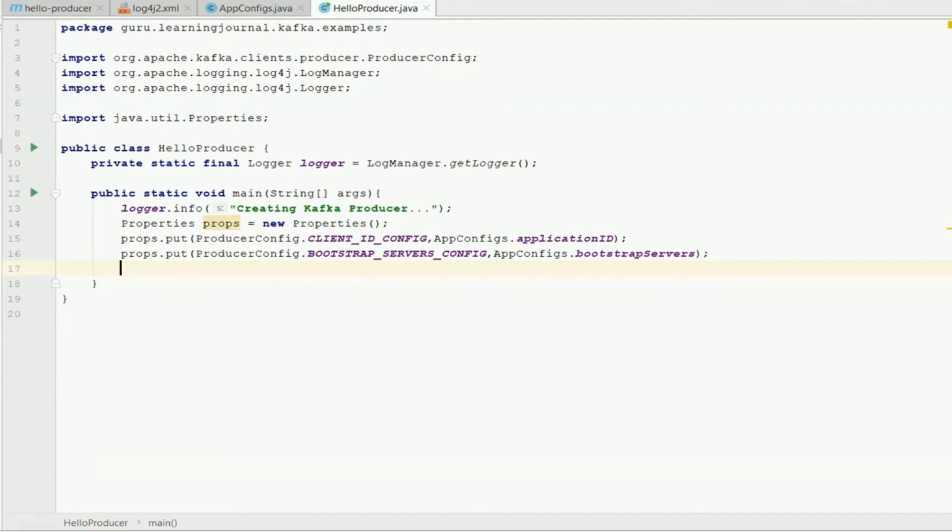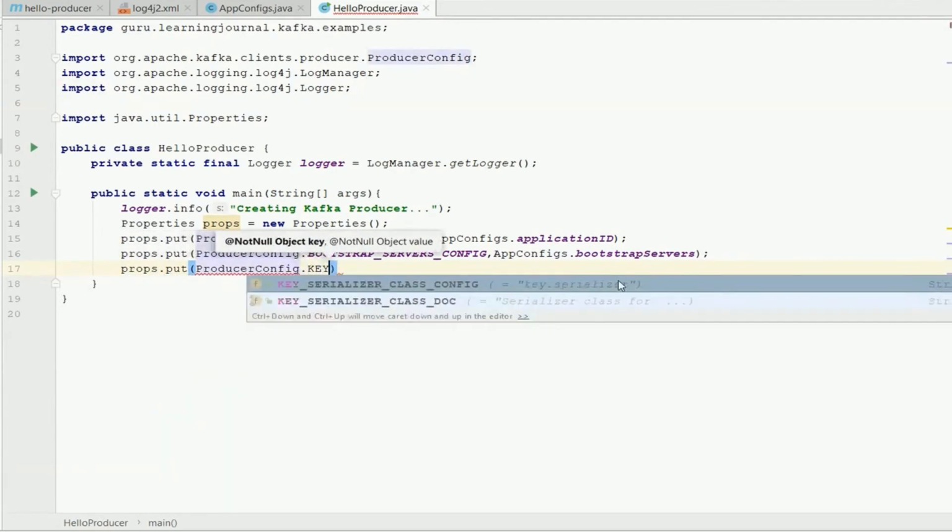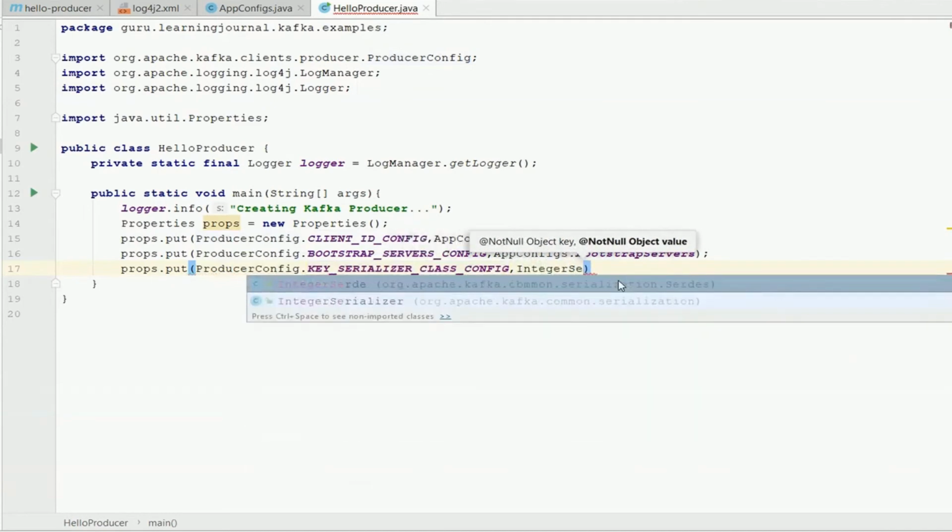However, it is recommended to provide 2 to 3 broker addresses of a multi-node cluster. Doing so will help the producer to check for the second or third broker in case the first broker in the list is down. I have defined all these configuration values as constants in the app config class, and that is why I added this class in the starter project template. The remaining two mandatory configurations are the key and the value serializers.